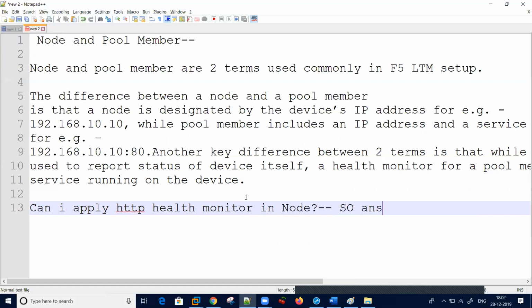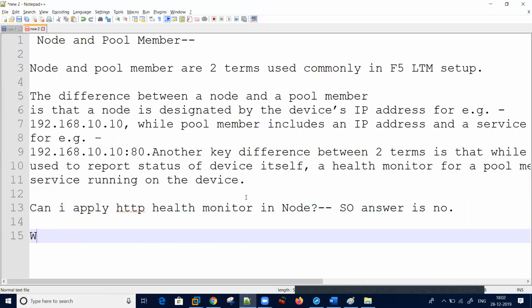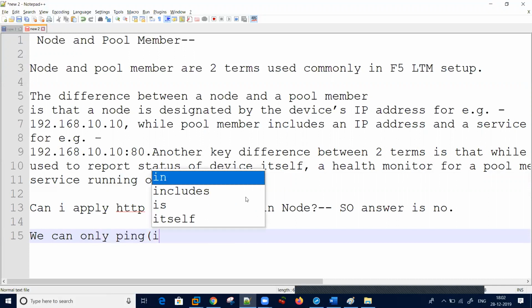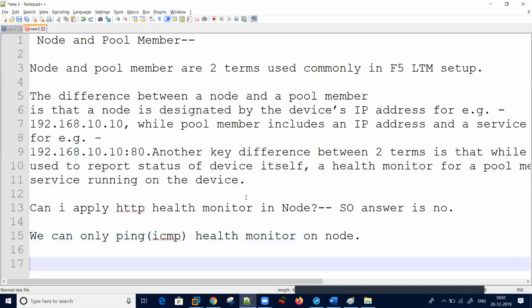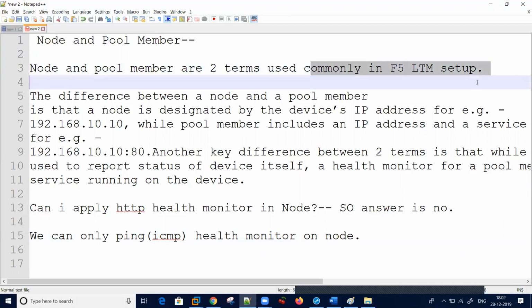The answer is no. We can only apply a ping, or you can say ICMP, health monitor on a node. Now the question would be why? If you don't have knowledge, if you have not created a node and a pool member, then you will get stuck on that. Basically node and pool member are two terms which are commonly used in an F5 LTM